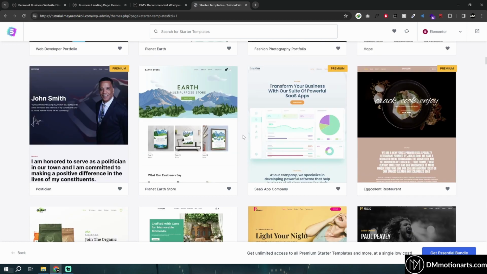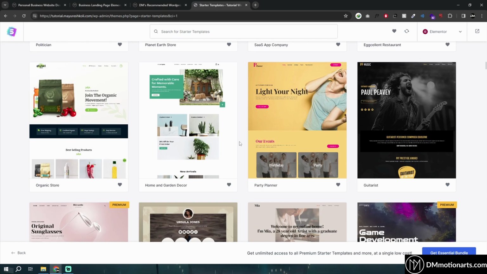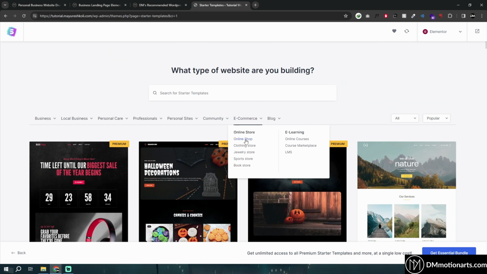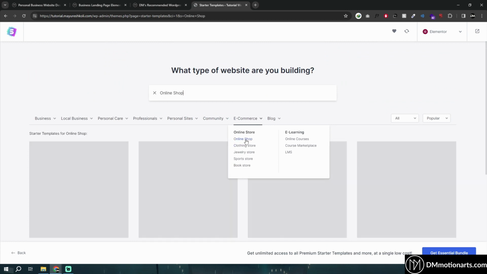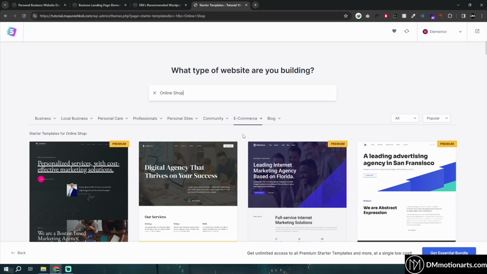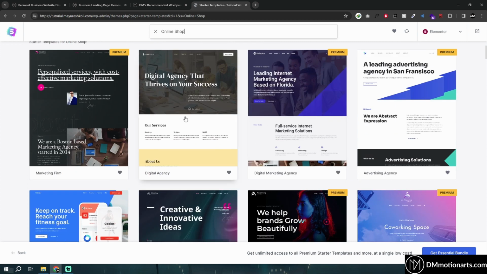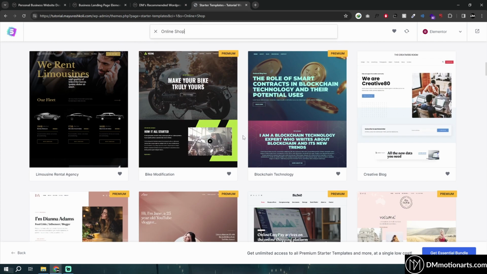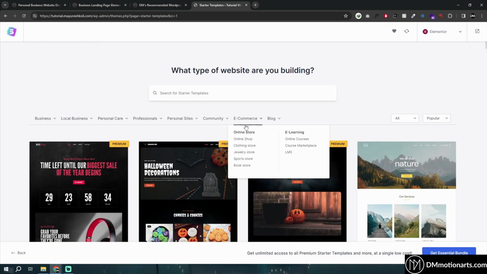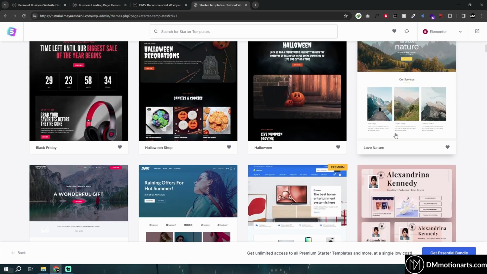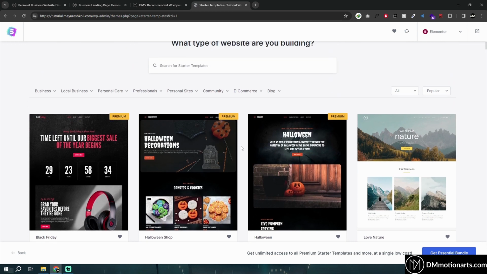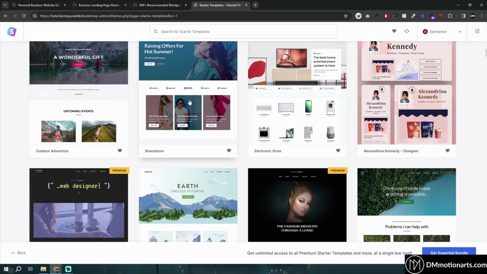And let's see what we want. So we want to just install, if you want to have an e-commerce website, we could use the e-commerce one. So there are multiple options. You could see online shops, which is around here. I'll use the e-commerce one because that has the most plugins and all, so you could check it out. And if you want the simple ones, you could use the simple ones too.